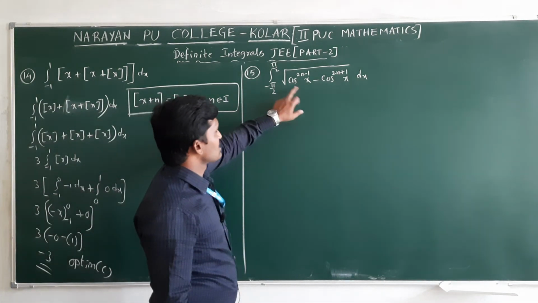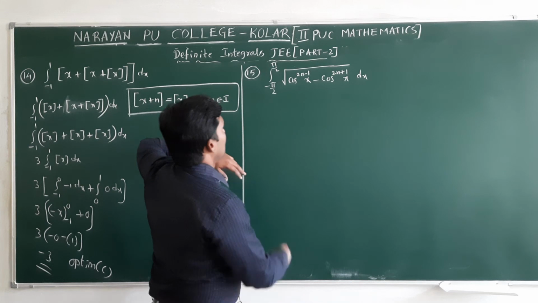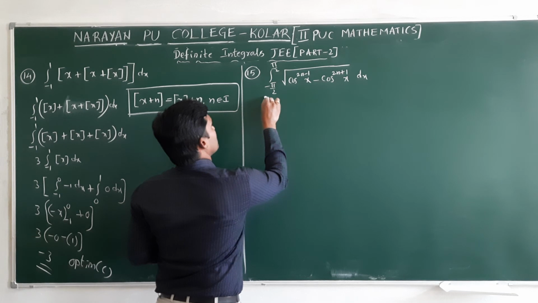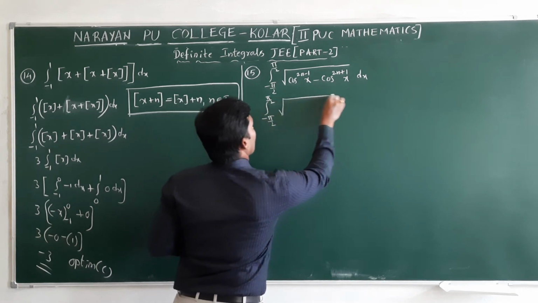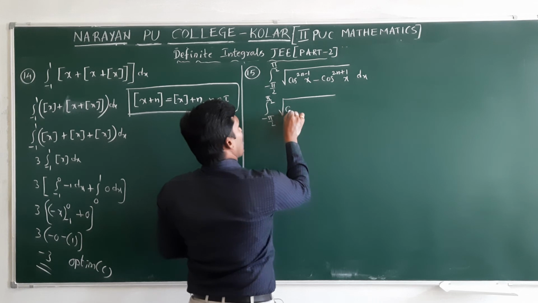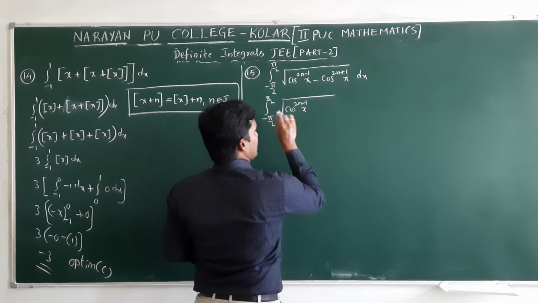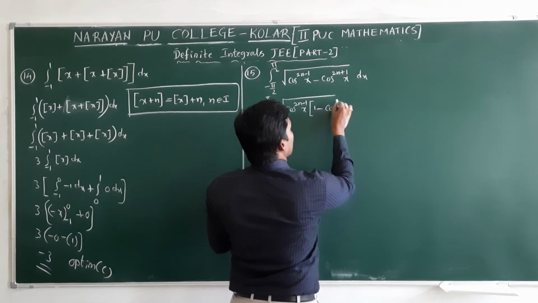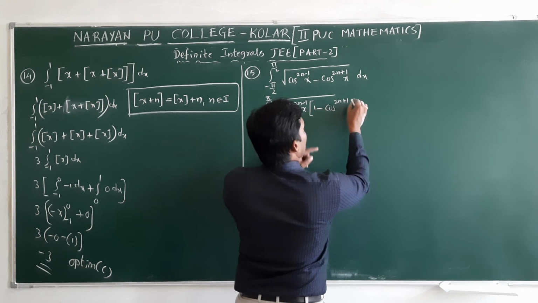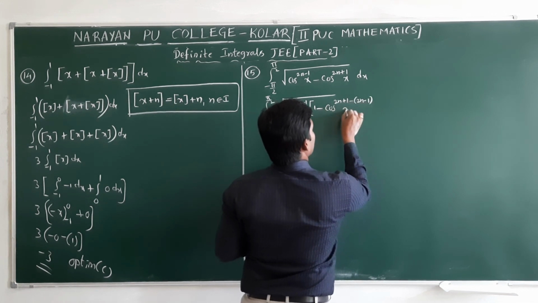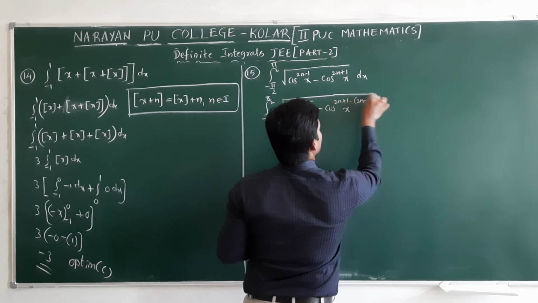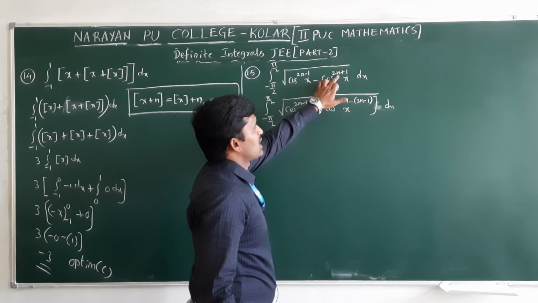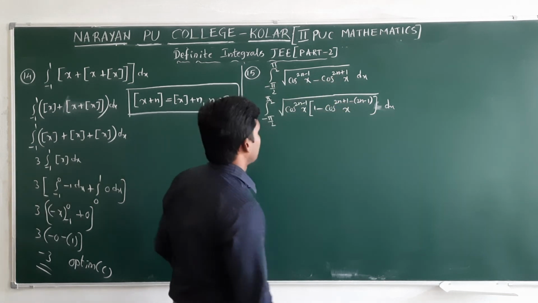Okay, directly we can't simplify this. Don't take directly any t value either, because any function derivative is not present in this. So integral from minus pi by 2 to pi by 2, I will take common cos power 2n minus 1 x. If you take common, what do you get here? Inside, it will divide. Divide means the power should be subtracted: 2n plus 1 minus of 2n minus 1 x. So dividing means cos power m by cos power n is cos power m minus n.